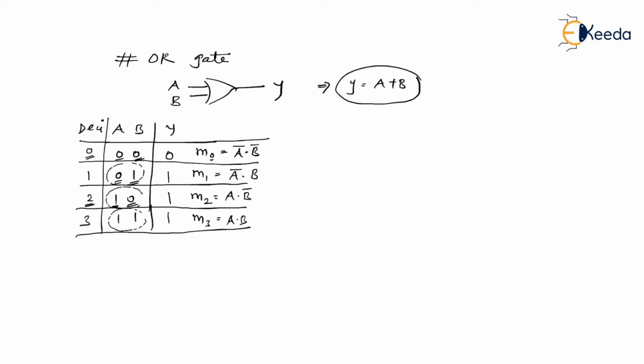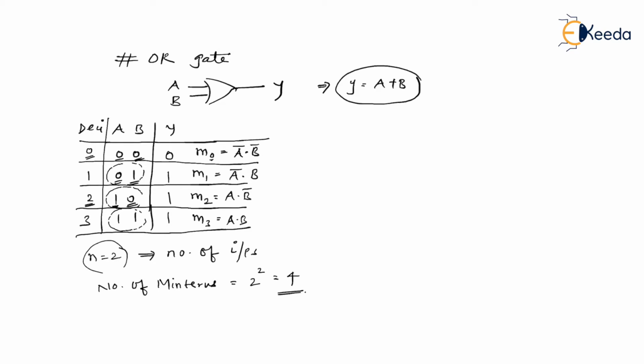I hope you understood. For every combination of input, how did I find the min terms? Here, have you observed that n equal to 2? What is n? N means number of inputs. Since number of inputs is 2, the number of min terms is 2 raised to 2, which is 4. So the number of min terms has come to be 4. As you can see, there are 4 min terms, m0 to m3. Now the time has come that I have to write the output expression. I repeat, I need to derive the output equation.